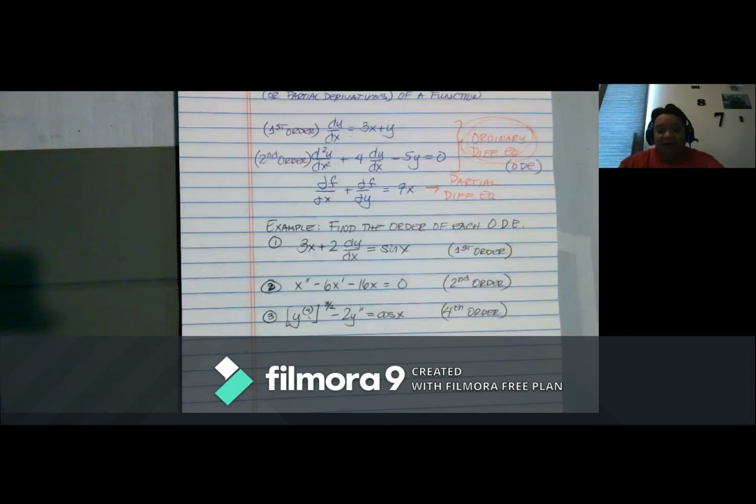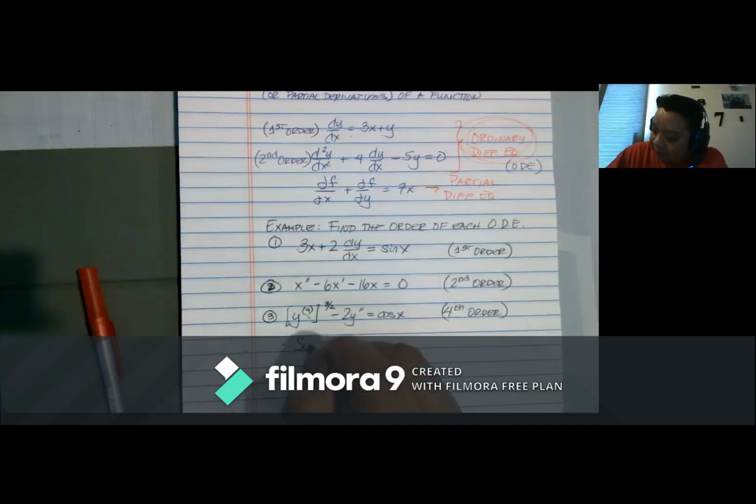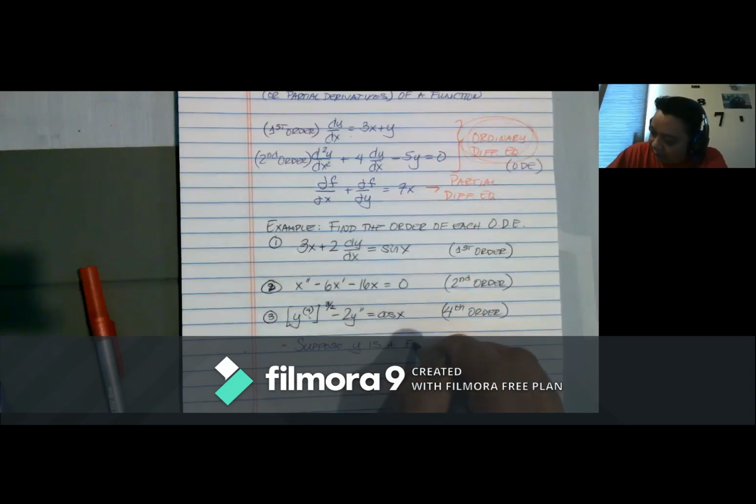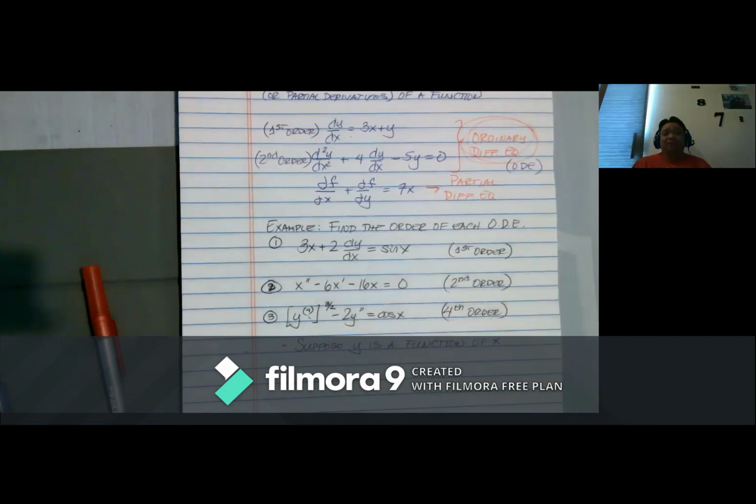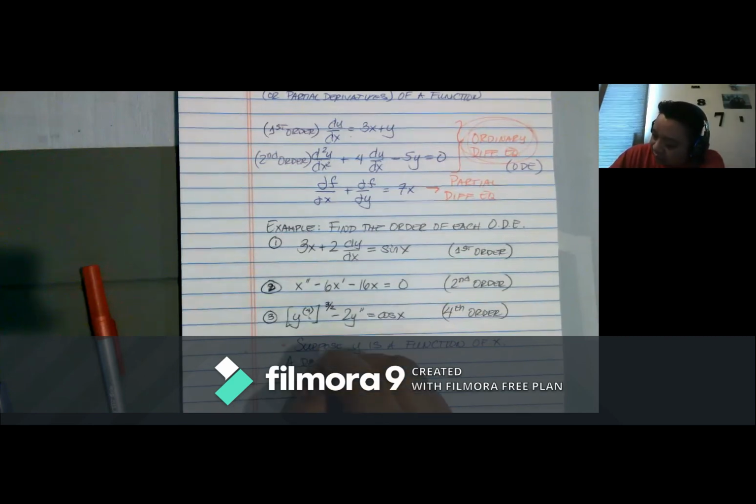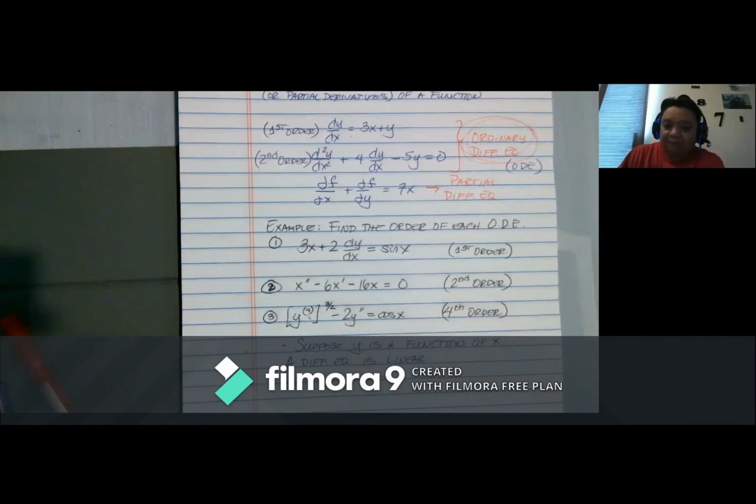Okay. All right, now the next definition. So for this one, suppose y is our function, right? So suppose y is a function of x, right? So y is our function, okay? So then a differential equation is said to be linear, okay, if